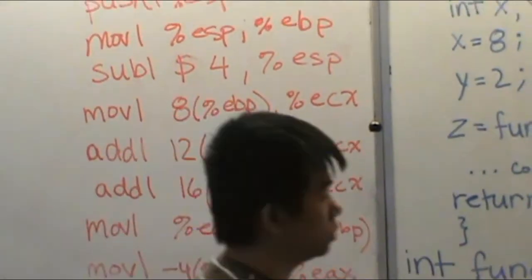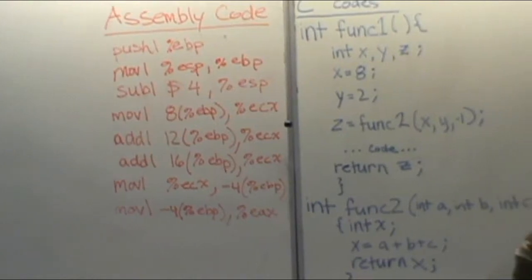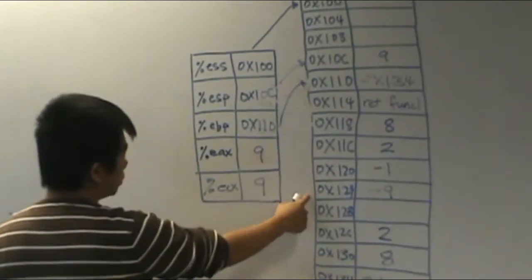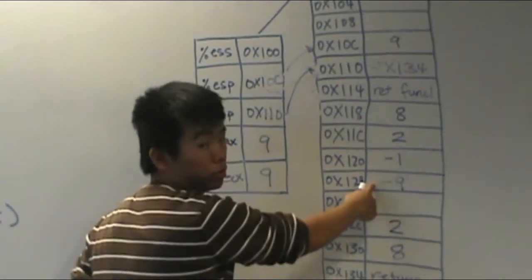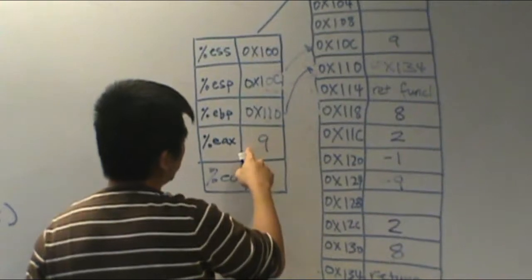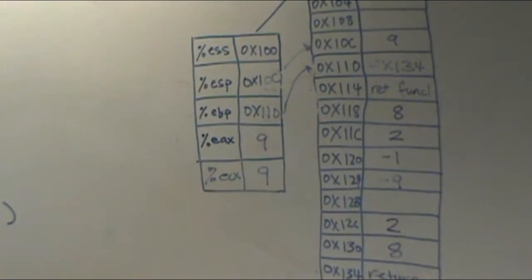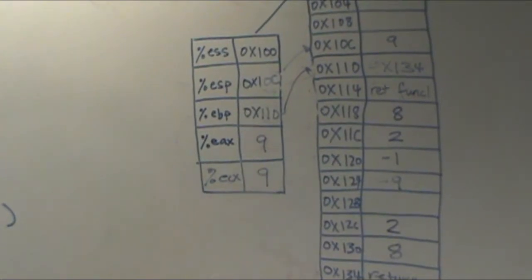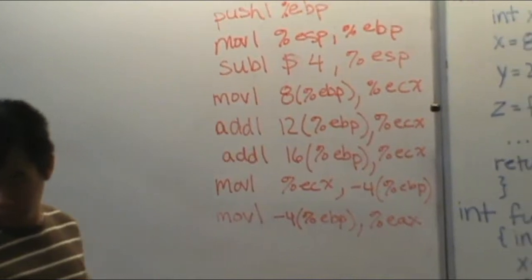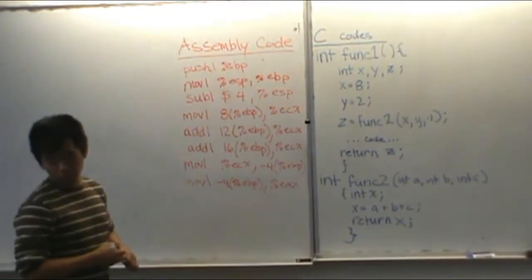So this will change the value here to 9, but it does not change the value of register A to 9, because it will be storing here, not where the stack is. So the next thing to do is to move EBP to ESP and then pop